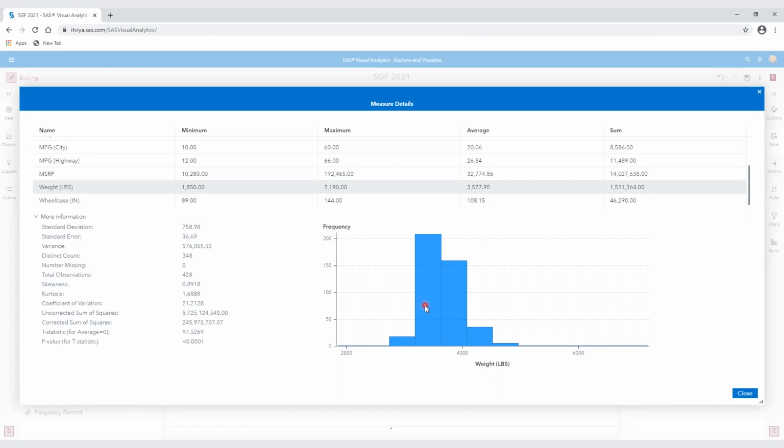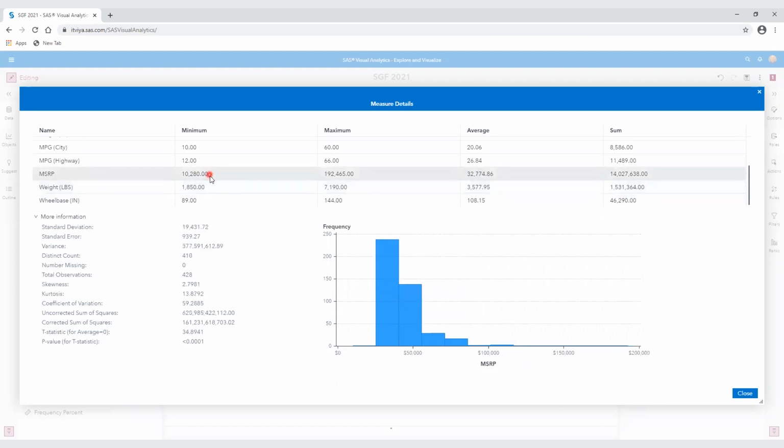You can see the weight here is centered around, what's that, about 3,000 pounds roughly, and it trails off on the low end, trails off on the high end, but you can see its distribution for everything else. I can click on MSRP and you can see that that's weighted towards the low end, and it trails off as we go to the high end vehicles. This is just frequency that shows the number of vehicles in each MSRP grouping. Okay, so it is weighted towards the lower end, the affordable vehicles.